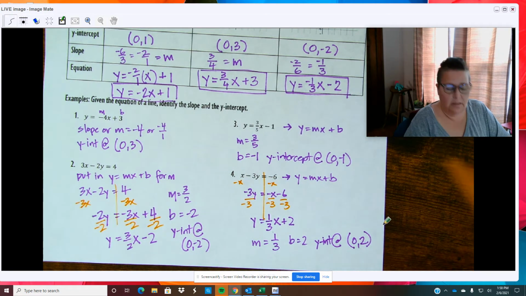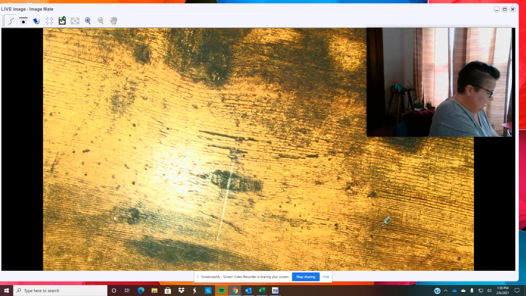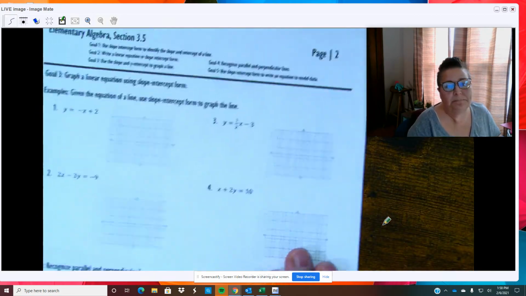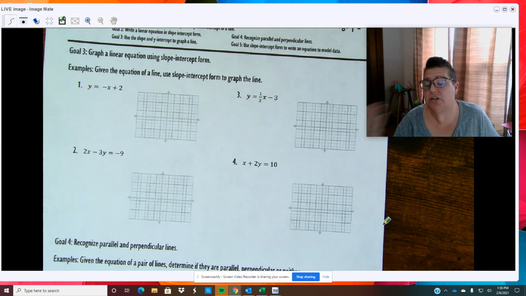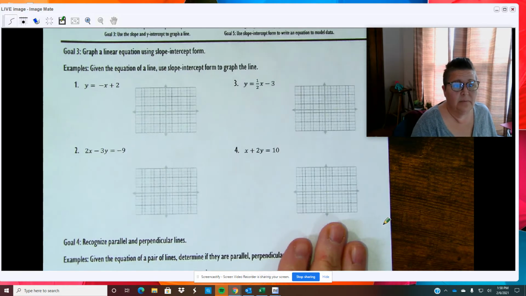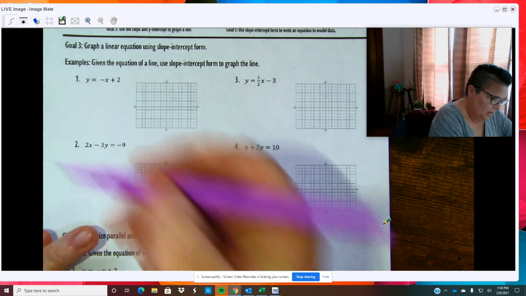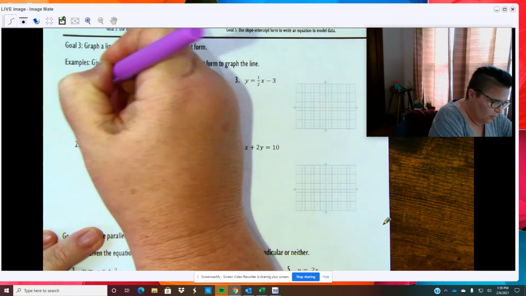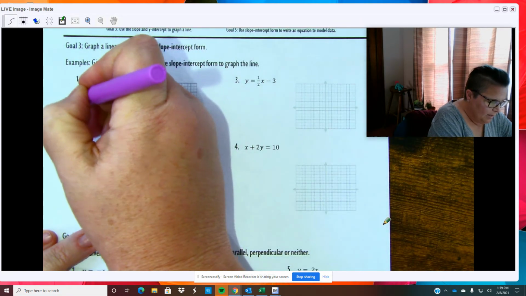Right? A little bit of practice there, because we're going to keep using this part. We're going to keep using this part to graph the actual lines themselves. Right? So given the equation of a line in slope-intercept form, we want to use this information to graph that line. So here we have y is equal to negative x plus 2. If we look at this in slope-intercept form, y is equal to mx plus b, we see that our m